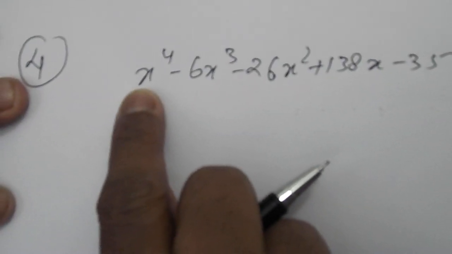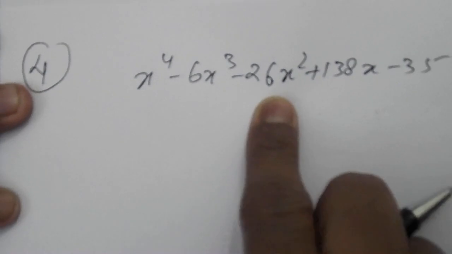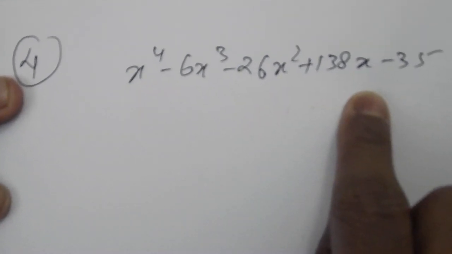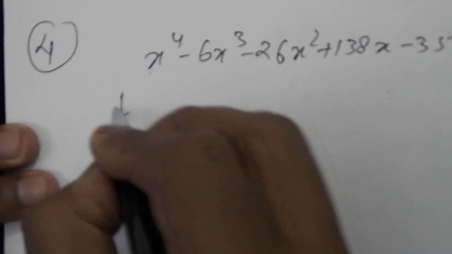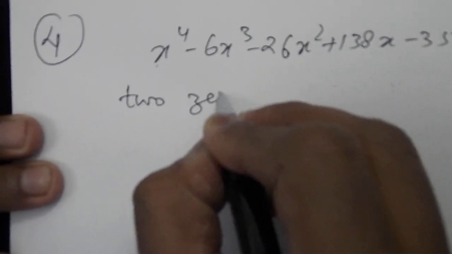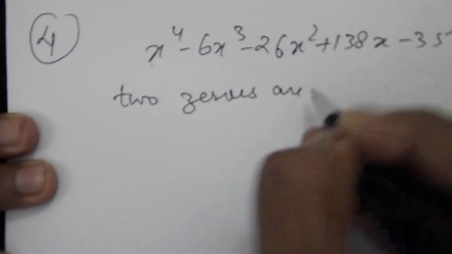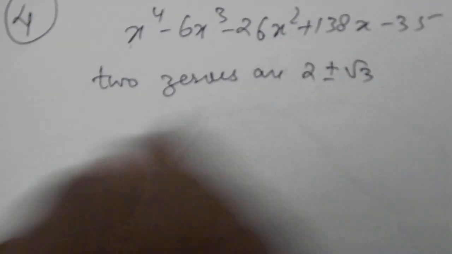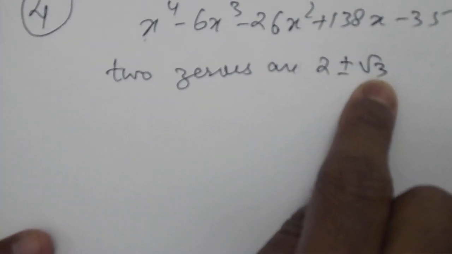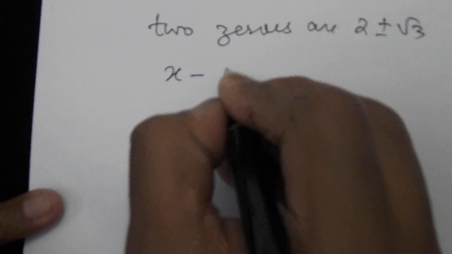X raised to the power 4 minus 6x cube minus 26x square plus 138x minus 35. And two zeros are given. Two zeros are 2 plus minus root 3. Find others. So if two zeros are 2 plus minus root 3, that means the factors are x minus 2